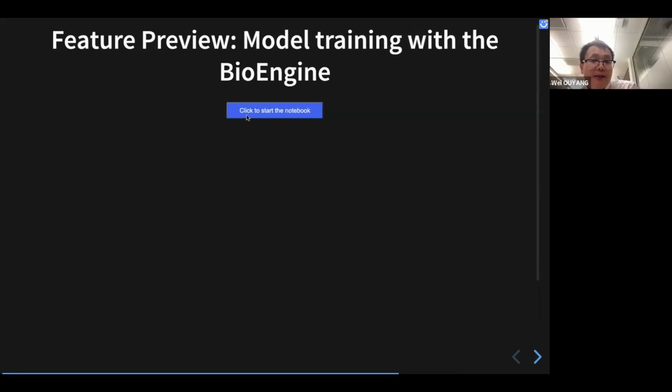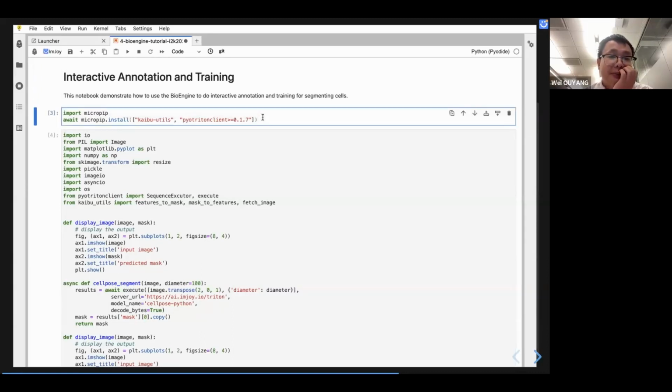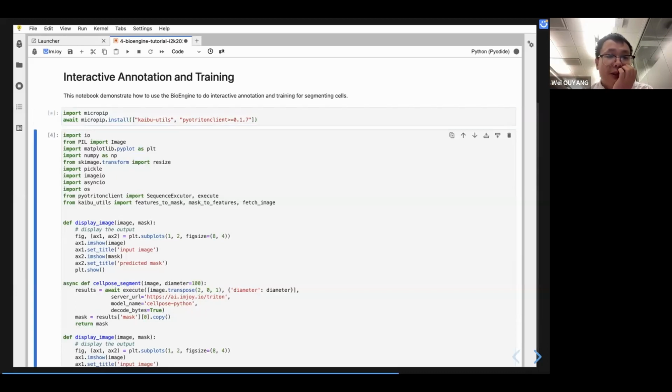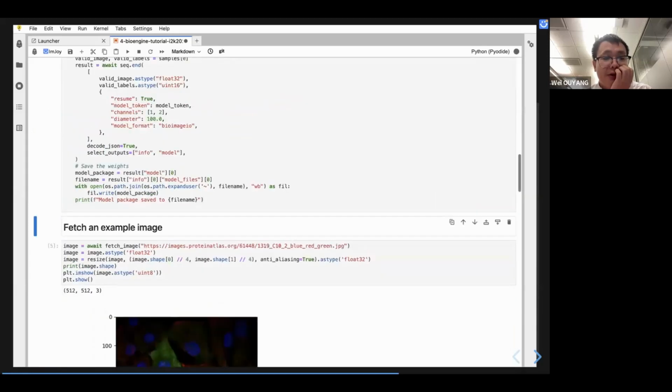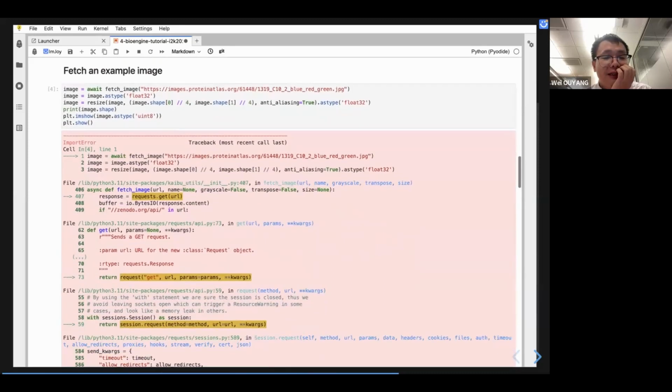I'm going to show you another notebook. In this other notebook, what I'm going to show you is something very preliminary. It's built on top of the training feature. I just want to show you what we can do with this. With BioEngine supporting training, you can do interactive annotation, right? So this is just a quick notebook that allows you to